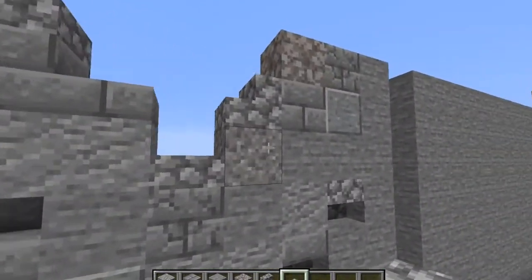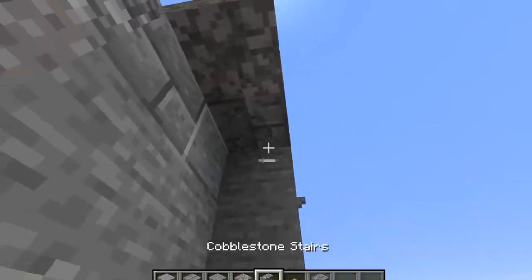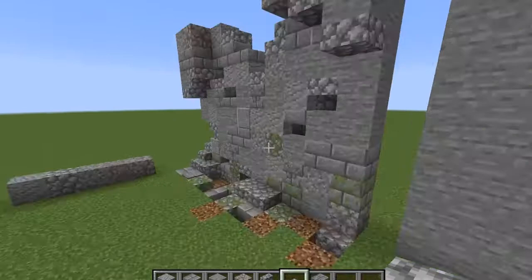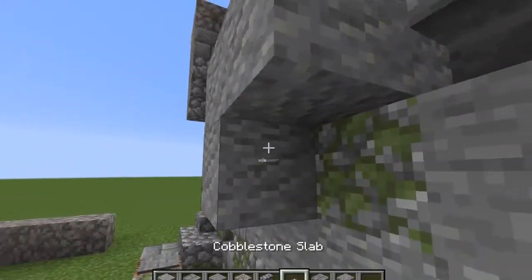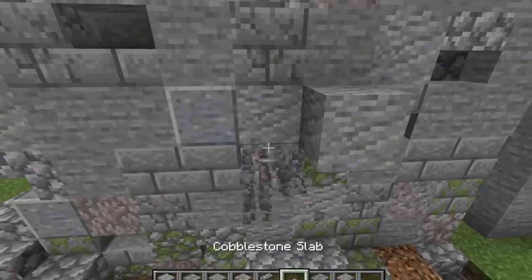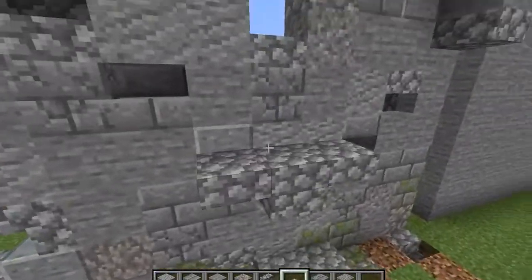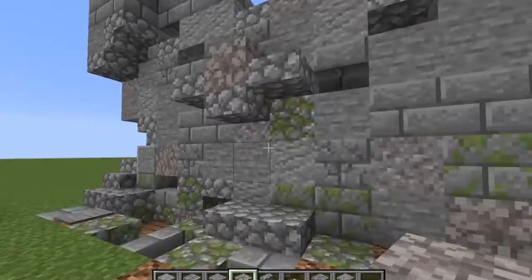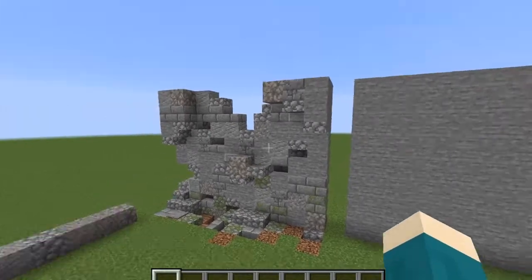You can also add things such as here, where you can have parts of the wall leaning outwards a tiny bit to show that it's starting to become dislodged slightly, almost as if it's literally coming out, like the bricks have broken apart and are being forced out of the wall itself. And as you can see, we have now finished this wall